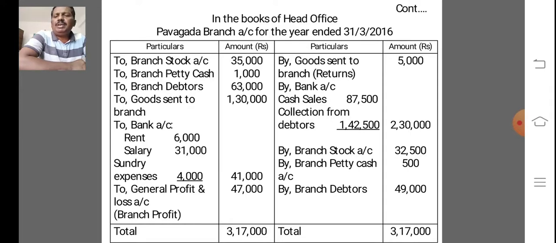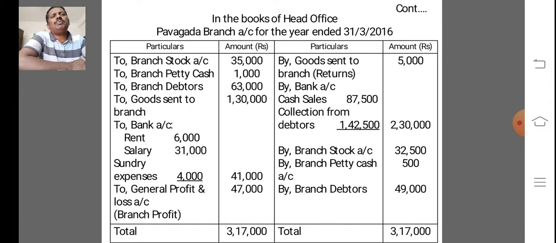Next we prepare, in the books of head office, the Pavagada branch account for the year ended 31/3/2016. First we debit the opening assets like branch stock account 35,000, branch petty cash 1,000, branch debtors 63,000. These are the assets. Debit goods sent to branch account 1,30,000 is given. Debit the bank account, rent, salary and sundry expenses, total 41,000 to be debited, and credit the goods sent to branch account, that is returns by branch to head office 5,000, and credit bank account in the form of cash sales and collection from debtors is 87,500 plus